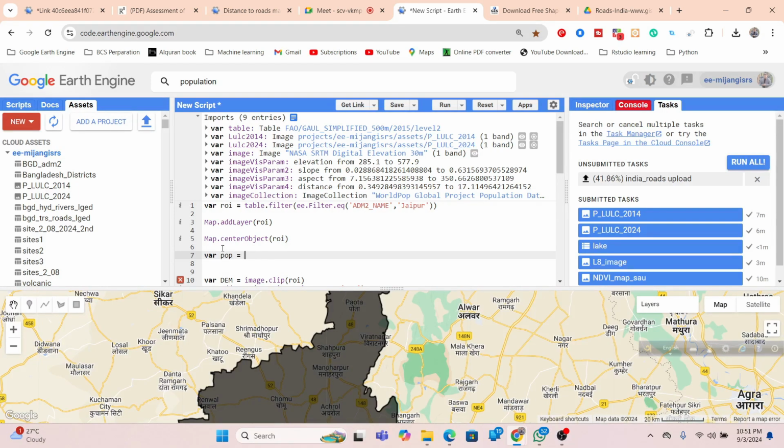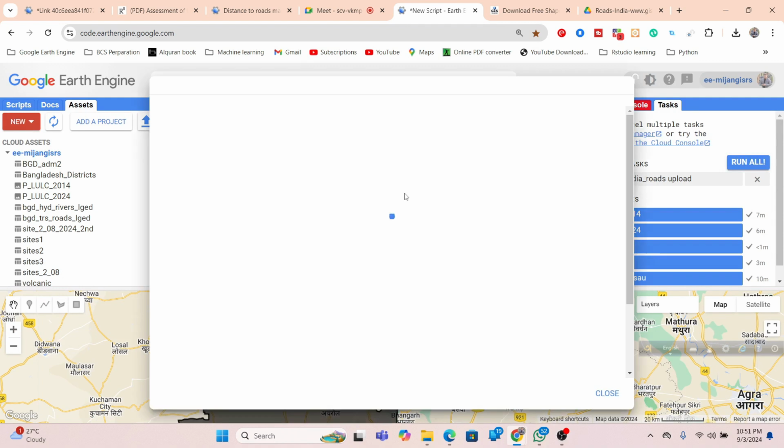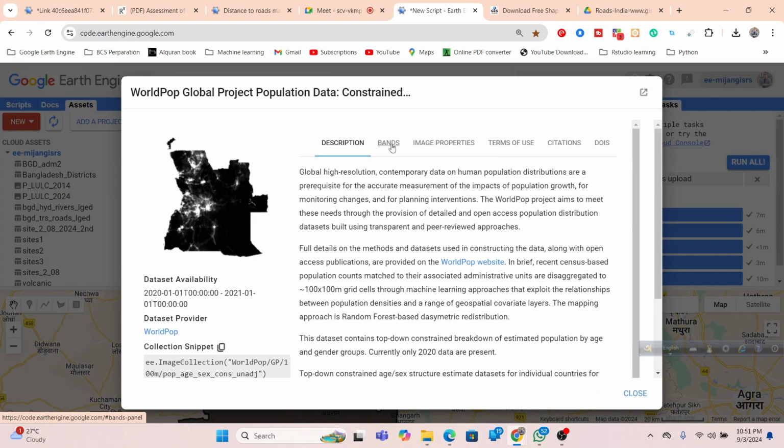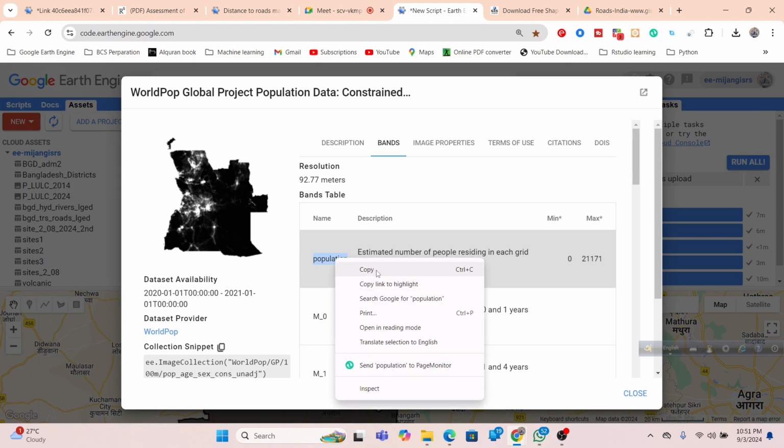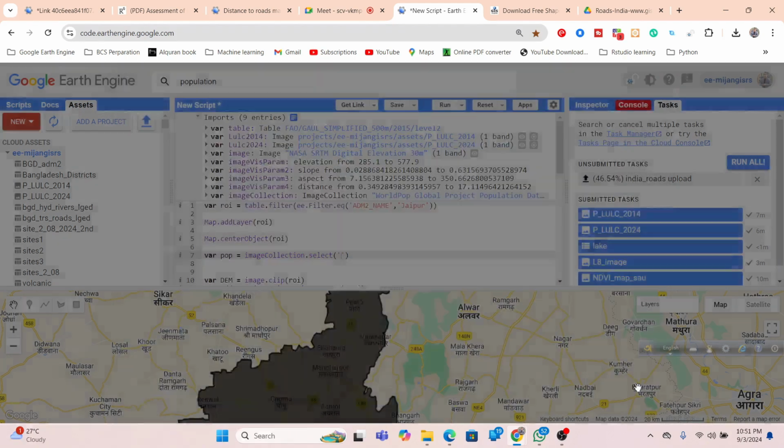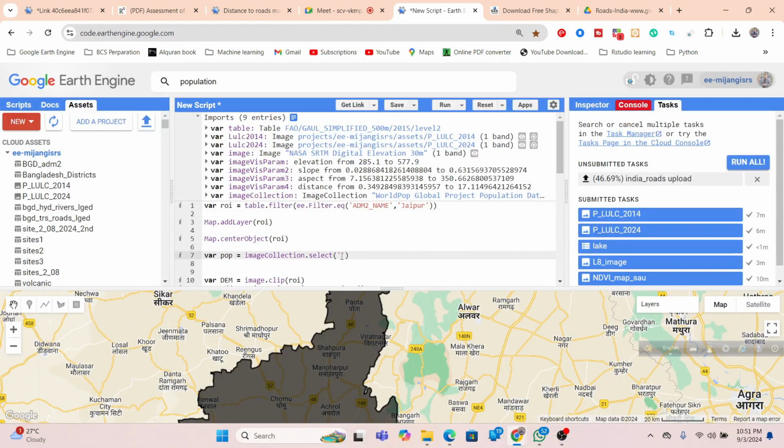Copy, call this image collection, and paste here. So now I just try to simply create the select function and select this band. So basically here you can see this as a band. This band is the population. Copy. There. When I put this there,